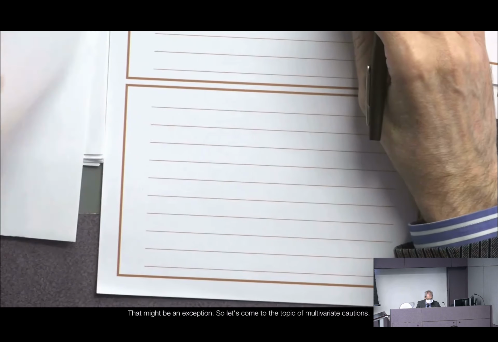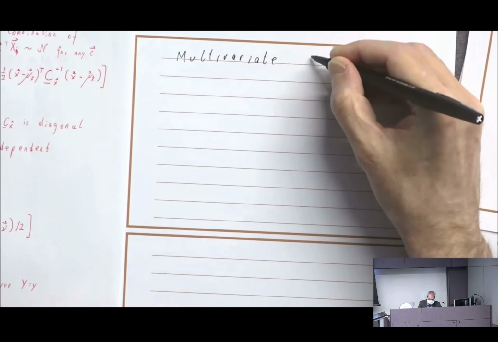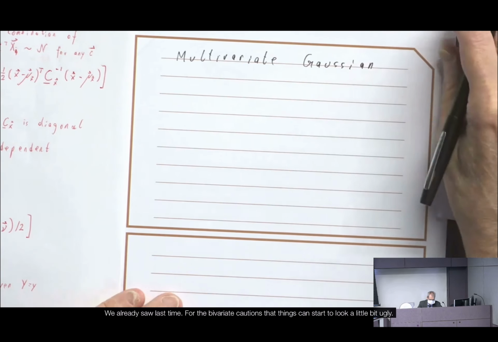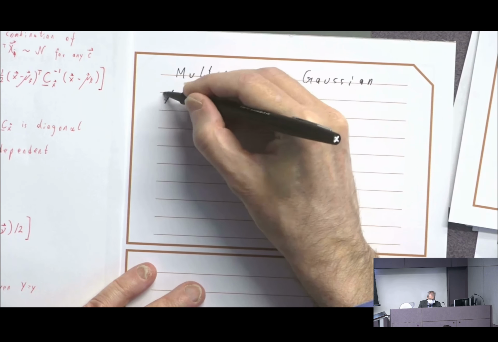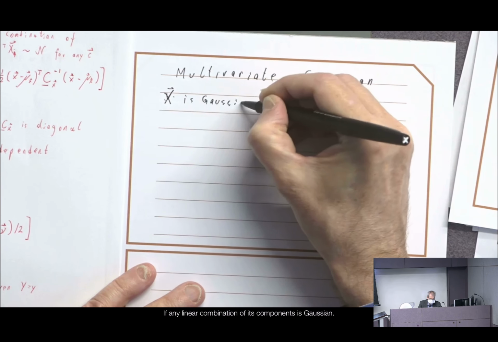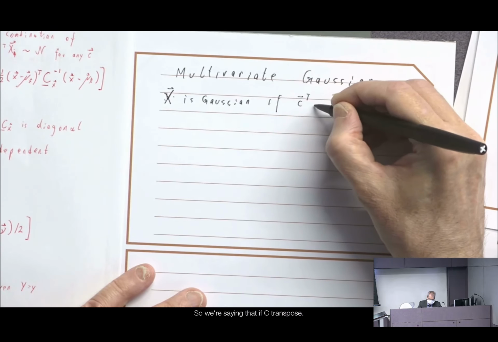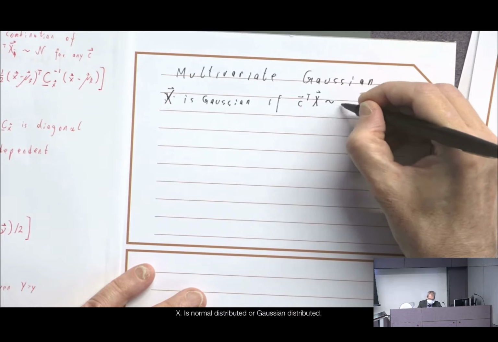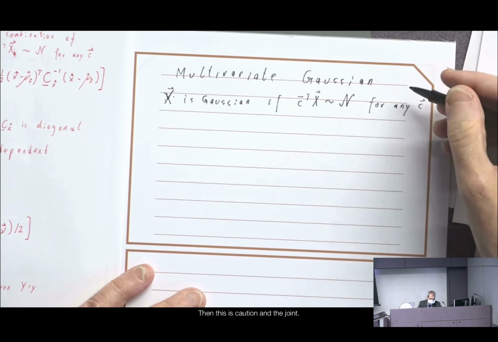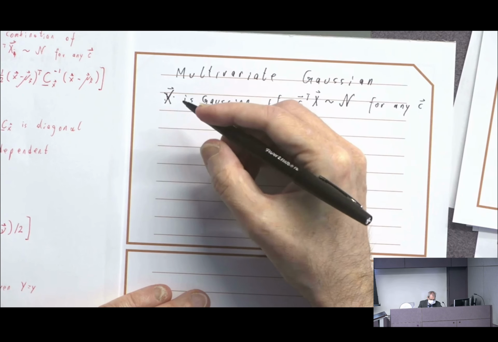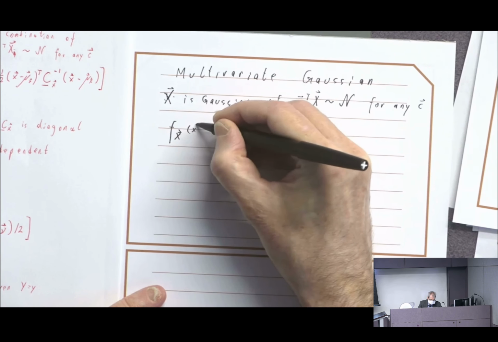So let's come to the topic of multivariate Gaussians. We already saw last time for the bivariate Gaussians that things can start to look a little bit ugly. But first of all, we're saying a vector x is Gaussian if any linear combination of its components is Gaussian. So if C transpose x is normal distributed or Gaussian distributed for any vector C, then this is Gaussian. And the joint probability density function of a Gaussian vector is given as